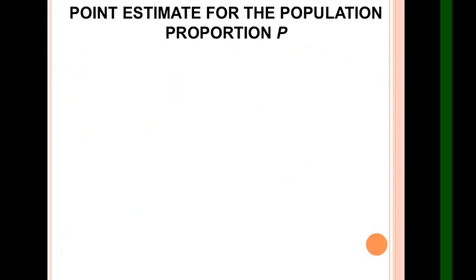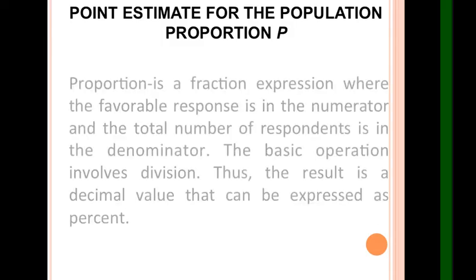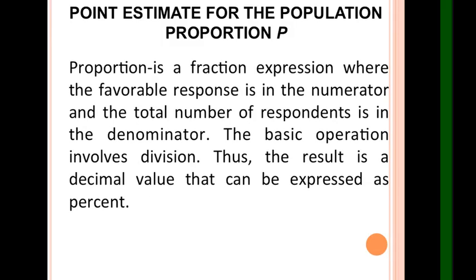Point estimate for the population proportion P. Proportion is a fraction expression where the favorable response is in the numerator and the total number of respondents is in the denominator. The basic operation involves division, thus the result is a decimal value that can be expressed as percent. So a proportion is a fraction expression, meaning to say there is a over b,